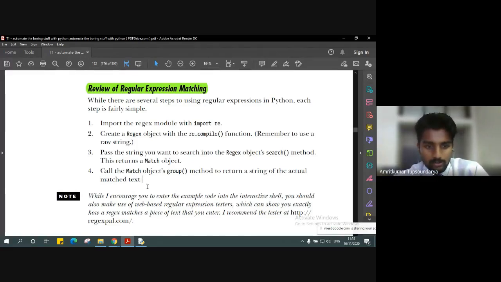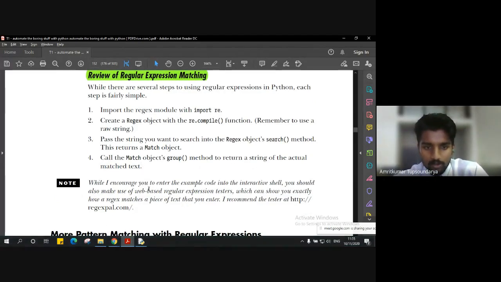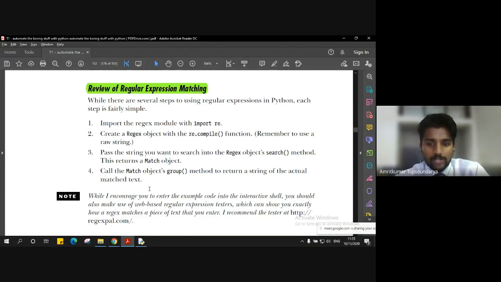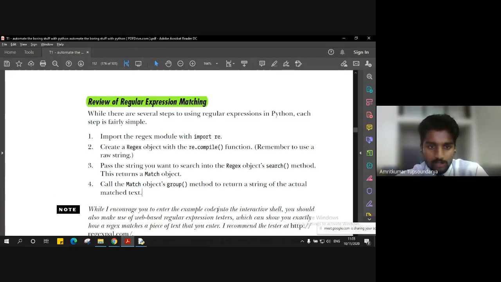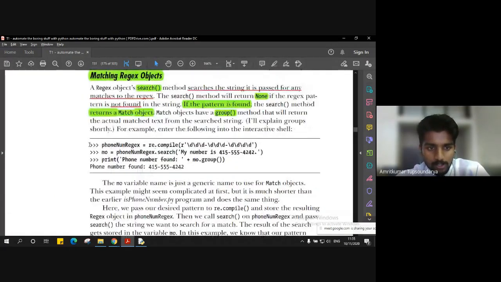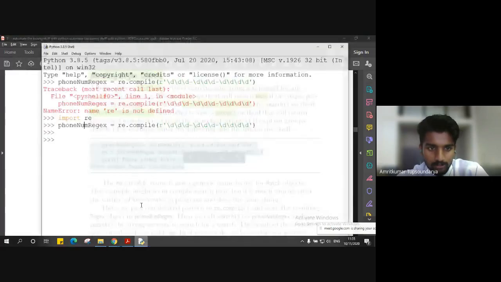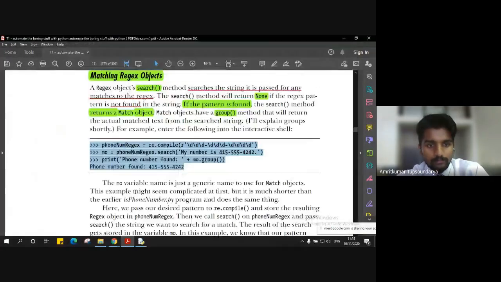That is all about how we match patterns in text using the regular expression. Now the beauty of it is, if you can see the difference here, this whole thing that we saw here is just these 4 lines of code.